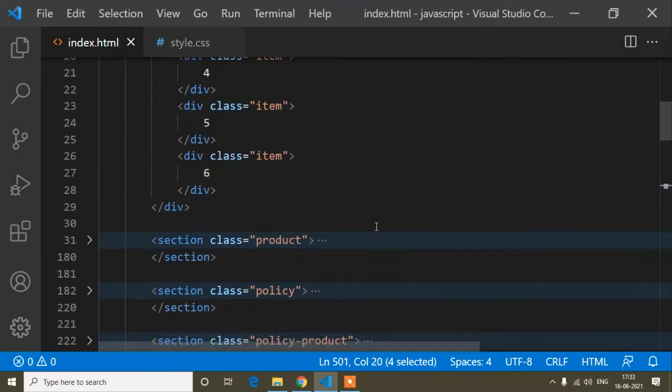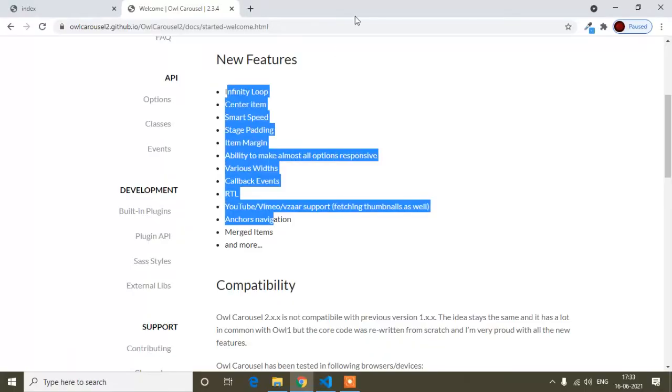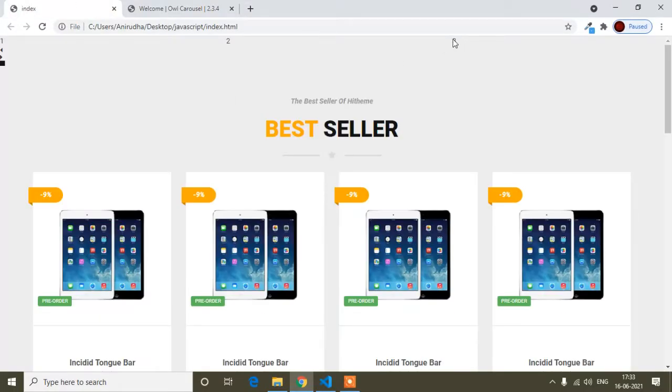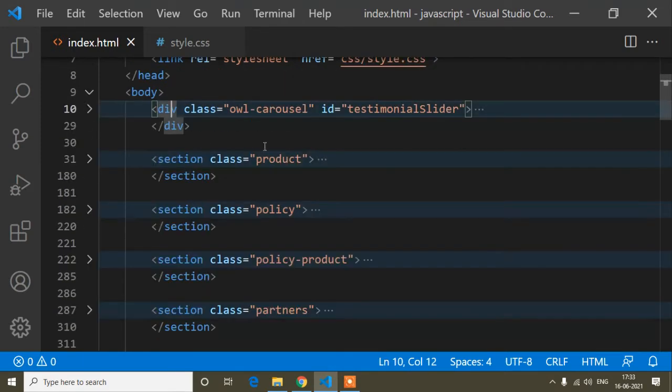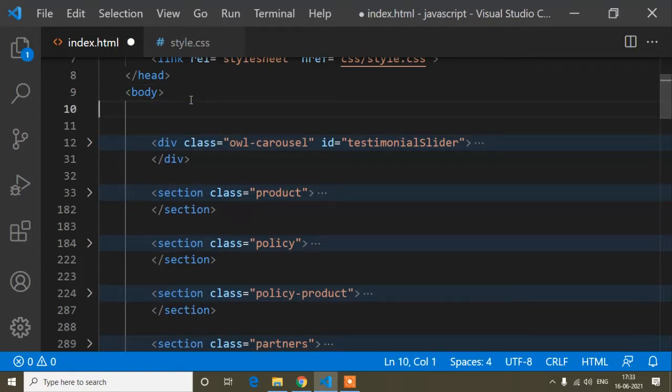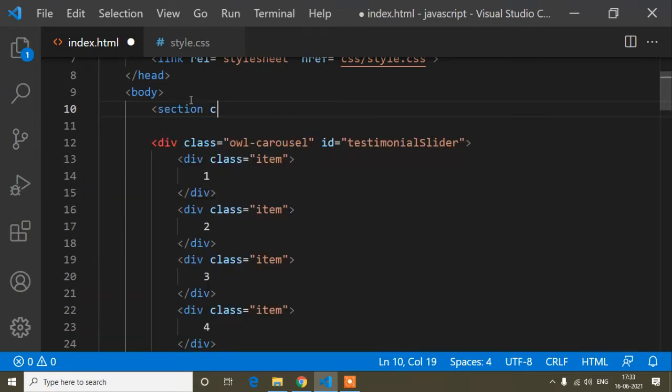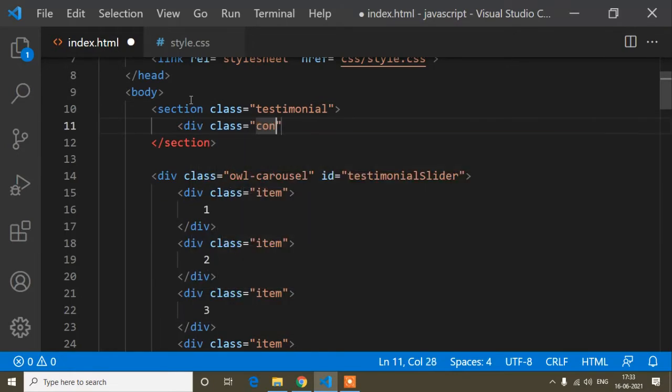And now guys, here I will start to write the design, because this slider is added here, but it's not a testimonial slider, it's just a demo slider. I mean here you can understand how to implement a slider, Owl Carousel, in your project. So now guys, here I will start to write the design. I will minimize this one, because I will use this one. First of all, I will write some design for the testimonial part. So first of all, here I will write section, section class testimonial. And now here I will write div class container.